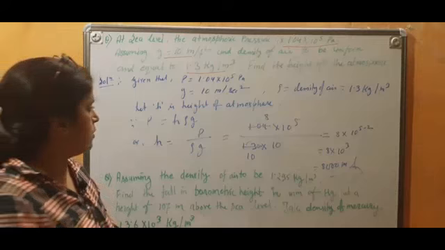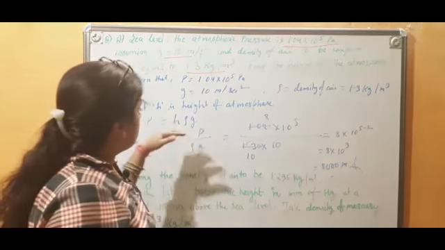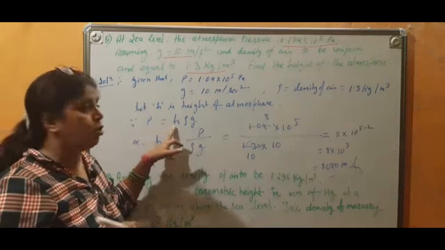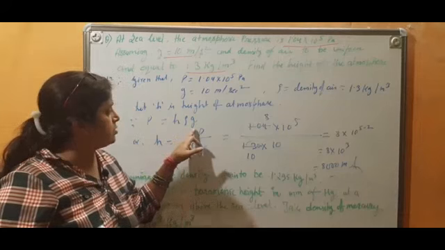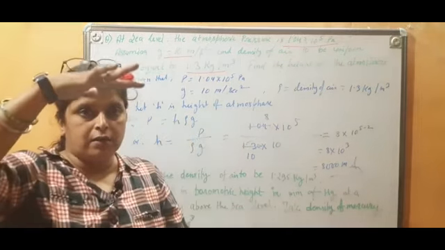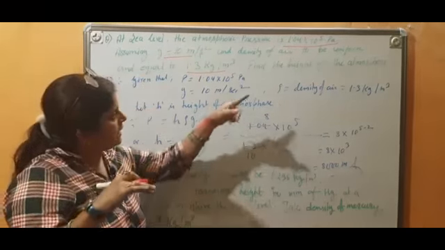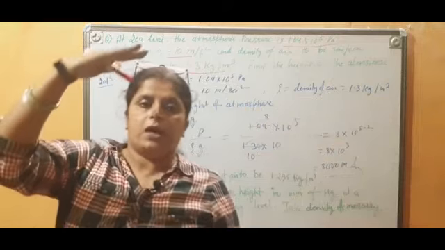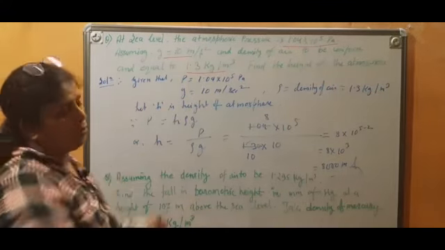Our question is about h. Now we will think what is h here, because if we are going to calculate atmospheric pressure, P is pressure, h is height of something. What is that something? We will discuss. Rho is density of air, g is acceleration due to gravity. This h is the height of the air which applies pressure, and that is named here as atmosphere. Find the height of the atmosphere. So we are going to find out the height of the layers of that air. Okay, that is height of atmosphere.